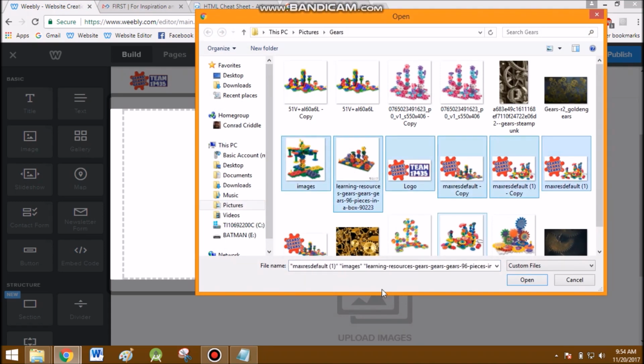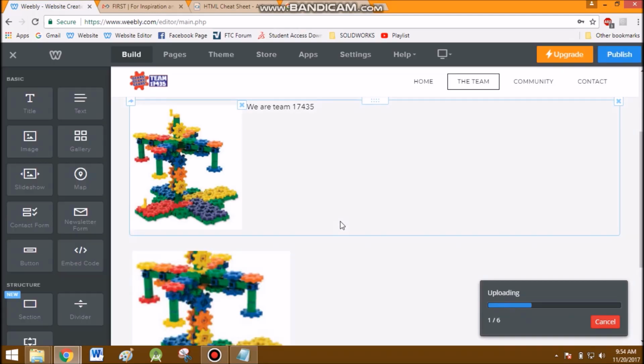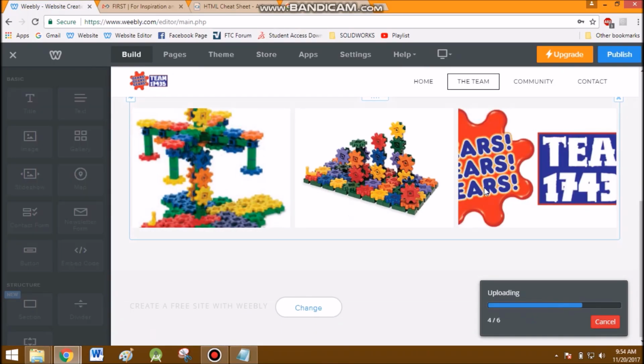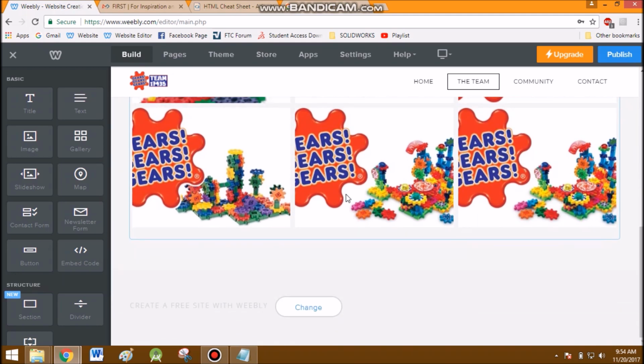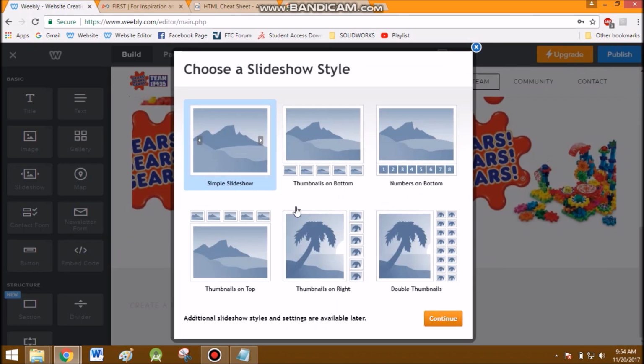I'm just going to grab this whole line right here. Open. And what this does is it just lays them out more or less. That's all it does. So if you want something more advanced though, you can move on to the slideshow, which is where you take